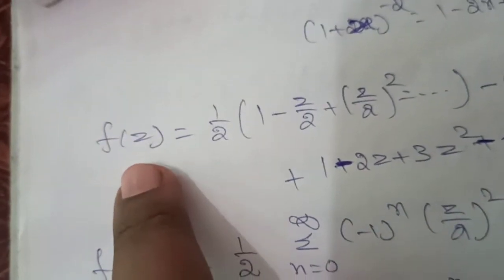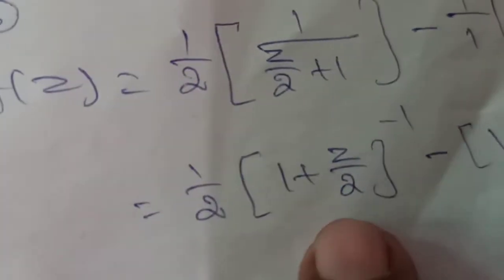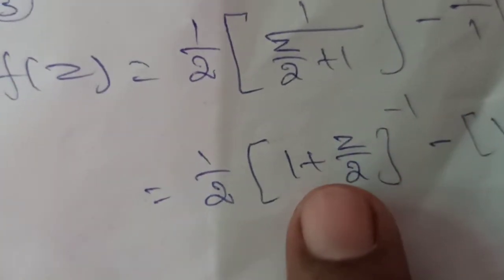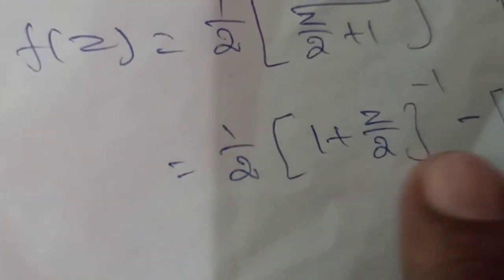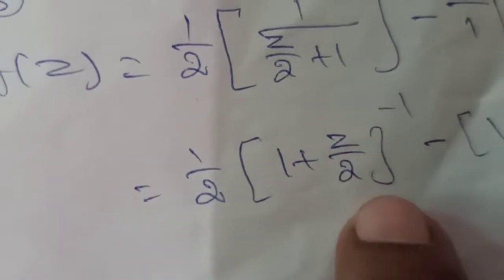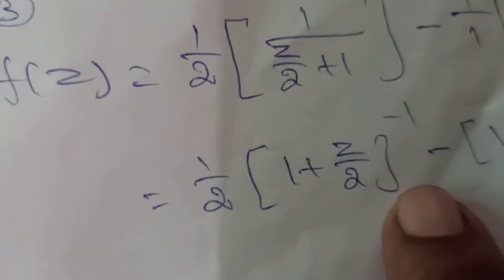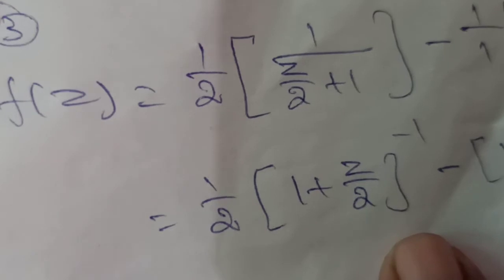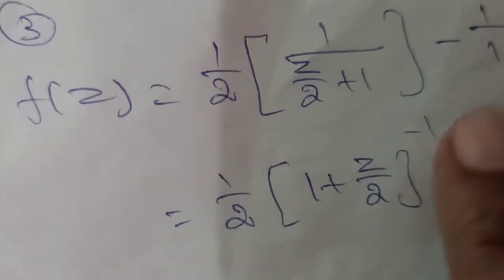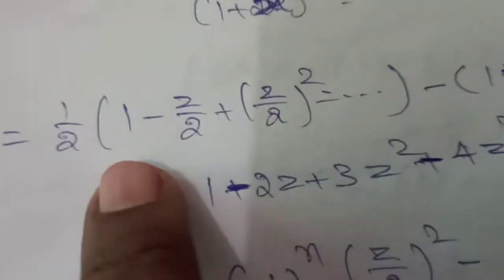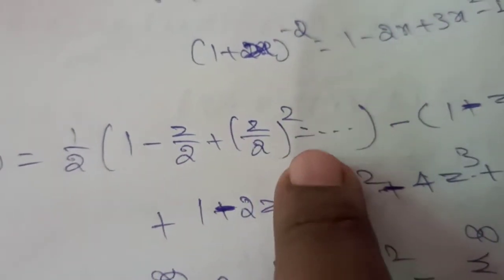Okay, therefore f of z is equal to, taking the previous equation, 1 divided by 2 into, using the 1 plus x the whole inverse formula. What is the 1 plus x the whole inverse? 1 minus x plus x square, here x value is z by 2. So it can be written as 1 minus z by 2 plus z by 2 the whole square minus z by 2 the whole cube. Okay, right, here 1 by 2 into 1 minus z by 2 plus z by 2 the whole square minus